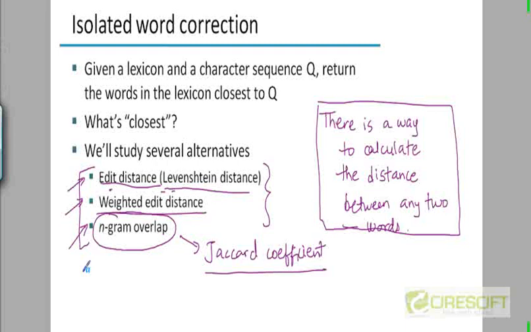The first way is to take the query, define a threshold edit distance, say 2, enumerate all strings that are at an edit distance of less than or equal to 2 from the query, look up which of those enumerated alternatives are found in the dictionary, take the intersection of that set of alternatives with the terms in the dictionary, and then look at the value of the edit distance as well as the collection frequency to figure out which is the closest word to the query, the most likely spelling suggestion for